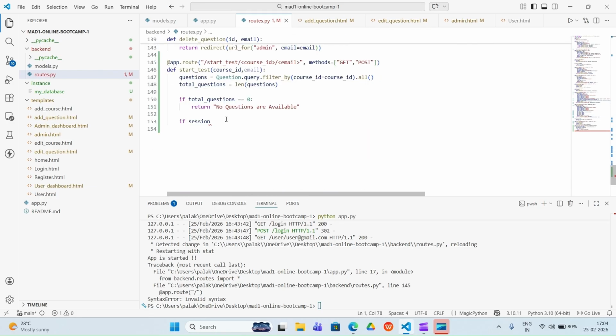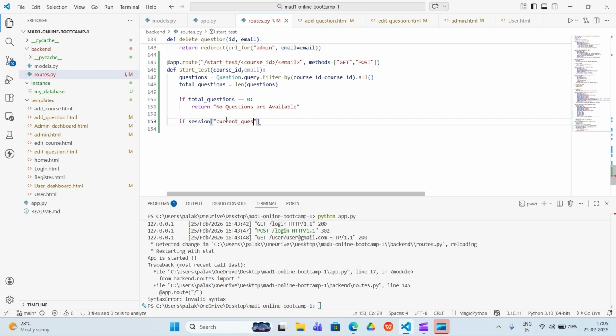As you know, HTTP is stateless, it just forgets what happened in the last part, what it did in the last part. So for that, we need to create this session part, so that we are able to remember the things we have done in all those parts. So for that, we require sessions here. Okay, so what we will write here, if session and current question, if session of current question